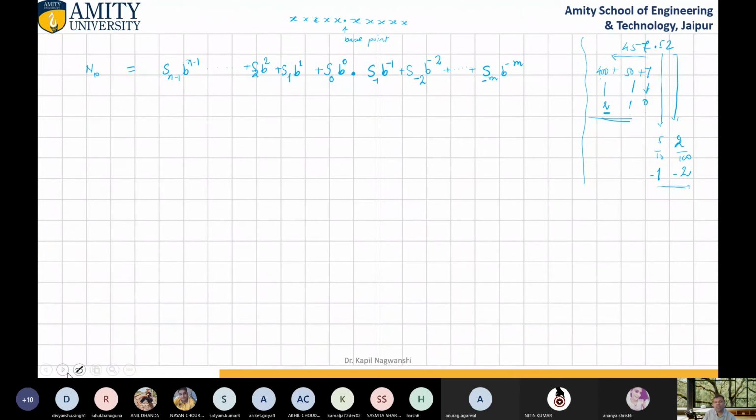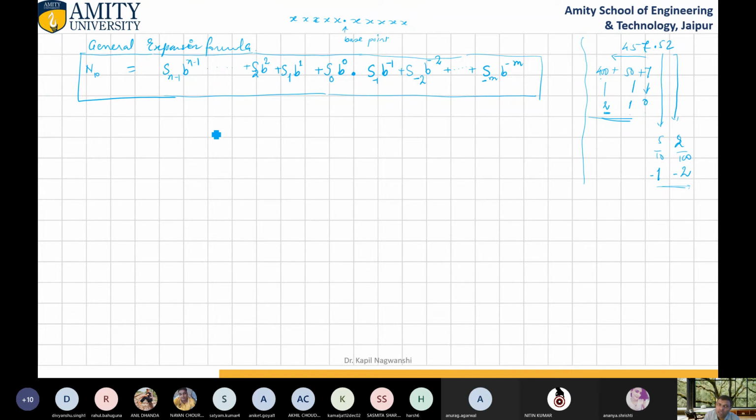Okay, so let me write this in terms of decimal number system. You can convert it if this is fundamental formula. This is fundamental general expansion formula. Okay, this is general expansion formula. Write it down carefully. And what do I mean to write this? So this is general expansion formula.